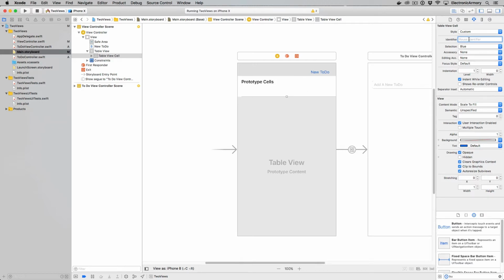All right, so what goes into the reuse identifier? Basically any type of description that describes this particular cell type. Now, if you have multiple table views in your application, you might have different cell types. But for us, I'm just going to type in cell, and all lowercase, and that's going to be our reuse